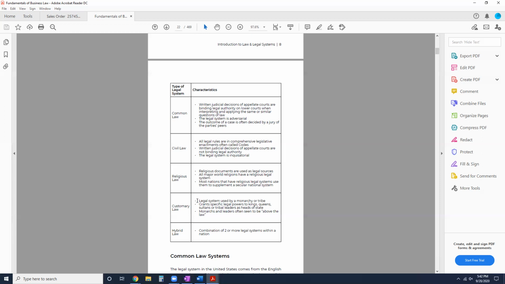Customary law: these are legal systems where kings and queens, or tribal leaders, have a lot of power, and they have the ability to pass certain rules, certain laws, and those kings and leaders are seen to be above the law. Probably an example of customary law would have been pre-World War II Japan, where the emperor had tremendous legal power,